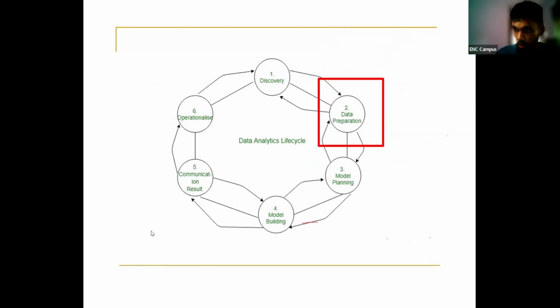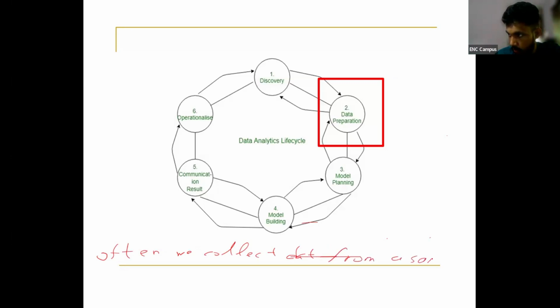Right? So therefore, because of that, often we collect data from a sample. So here is why I'm saying often we collect data from a sample. It is not always necessary to use a sample, right? Sometimes data from the entire population is available or accessible,